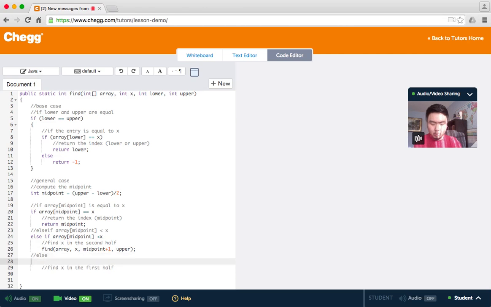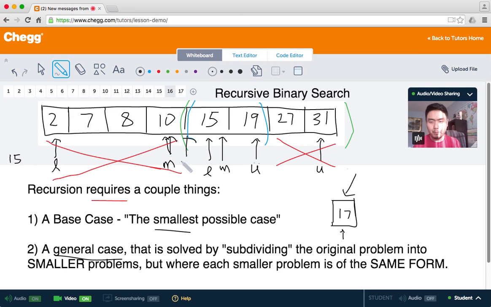Okay, so else, find x in the first half. So this is where the comparison went the other way. So array x. Again, here, if it's in the first half, the lower index is not going to change, right? So it's going to be lower, but the upper one is going to change. So what would that look like? So the upper one would actually, let's say it happened to be inside here, then the upper would have